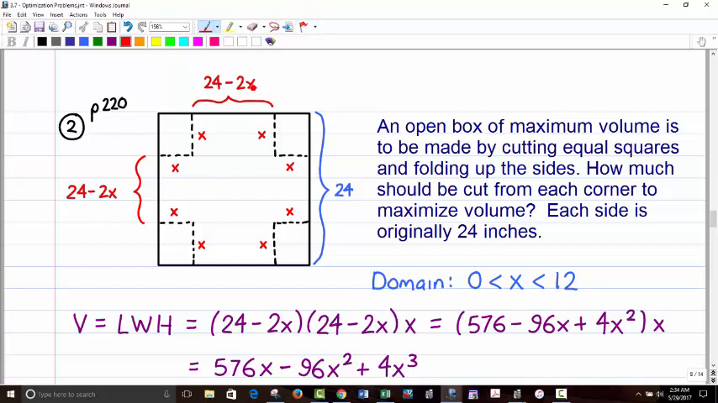Let's see. So you have 24 minus 2x on each side. And then the volume of that box will be length times width times height. So you have the length and the width of the same value. You have to think about this. Well, if you take that edge and you fold it up, that means x would be the height of that. So you have to visualize the flat folding up, and that makes x